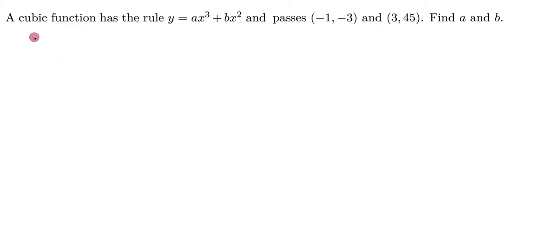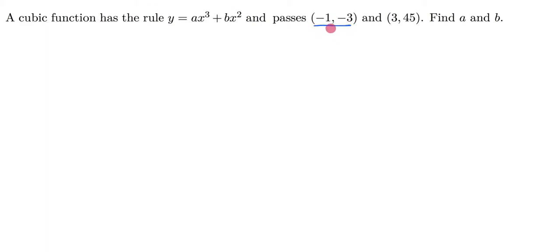Okay, so here's the question before us. It says a cubic function has the rule y equals ax cubed plus bx squared and passes through this point and this point. Find a and b. We're going to try to obtain simultaneous equations, and the way that we're going to do that is we're going